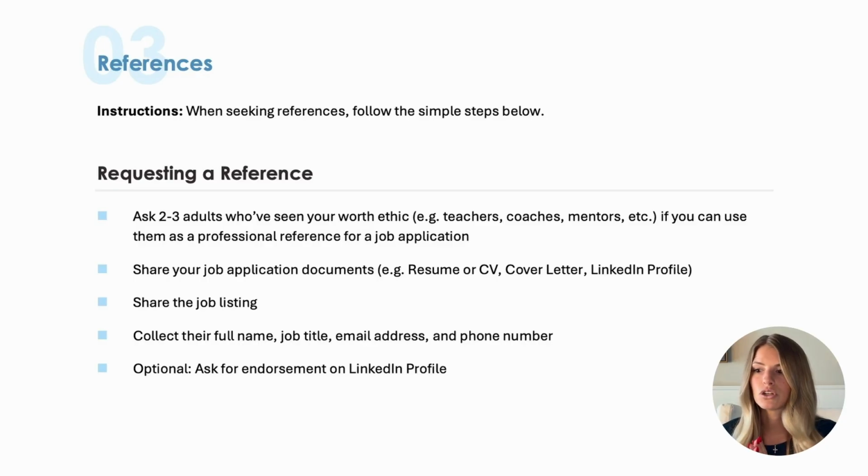This could be a teacher, a coach, a mentor of sorts, or even a boss if you had a job or a part-time job through school. Make sure you share your resume and that specific job listing with them so that they have context to what job you're applying to. Make sure that you collect all of their information, including the title, the email, the phone